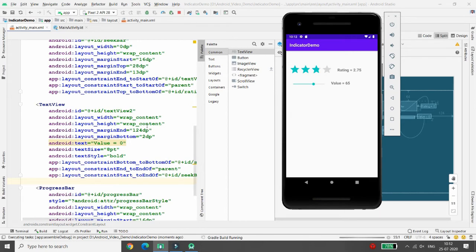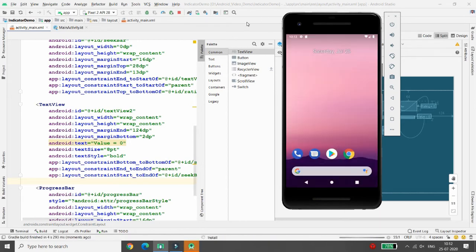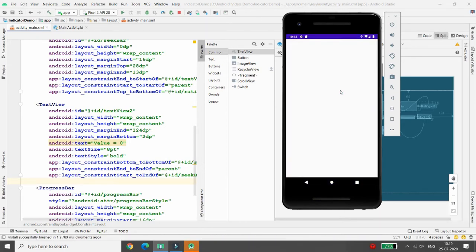Whenever you execute your application, you can see that this is the progress bar, and this is a circle progress bar. It is indeterminate. Generally it is used by some of the systems when the time is not defined, or whenever you can say that the system hangs, at that time they are using this kind of progress bar.